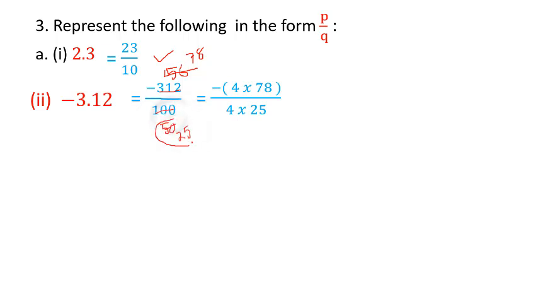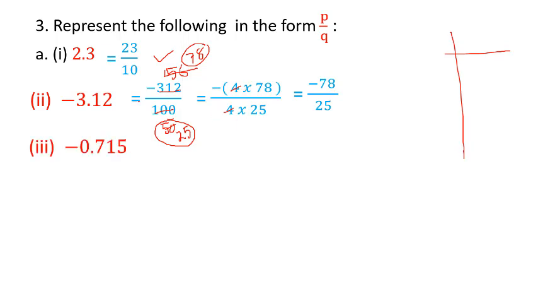But this cutting part, do it in rough. Always do it in rough. Then you can write the actual answer here and it will be very neat and tidy. This is very dirty, and even though the answer is very good, the examiner won't be impressed and will try to cut your marks whenever possible. So this 4 and 4 got cancelled and negative 78 by 25. I will not cut this 4 and 4, I will keep this as it is. Just for showing you, I have cut this, negative 78 by 25.